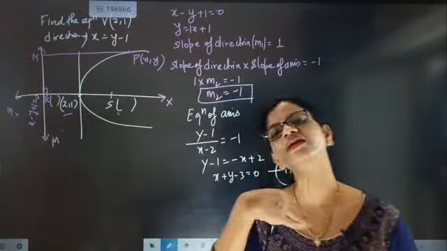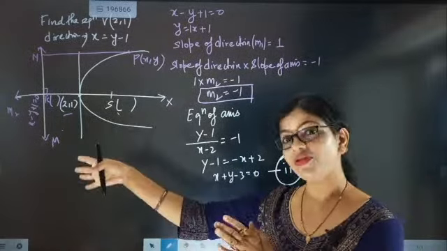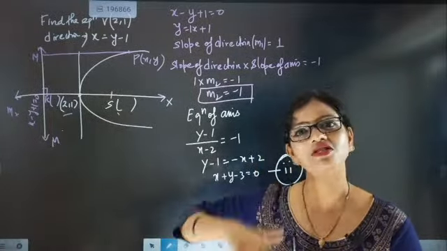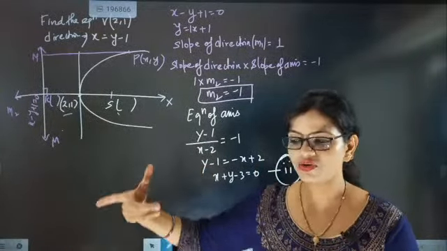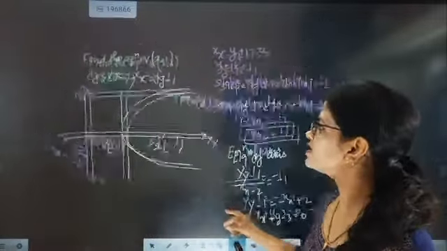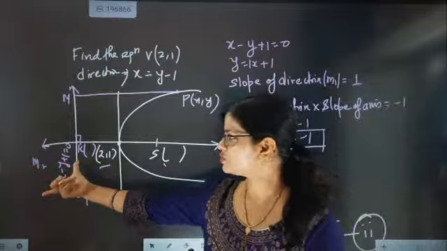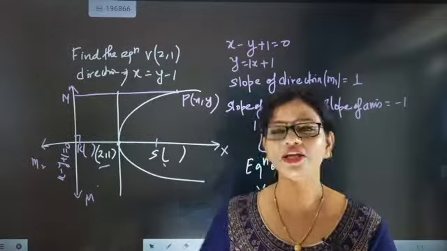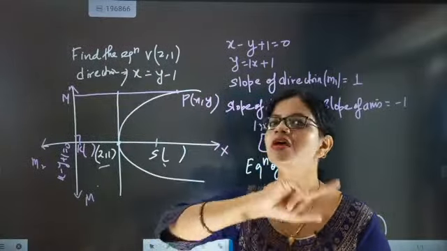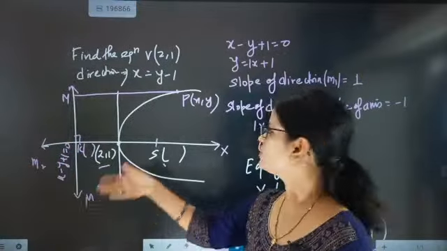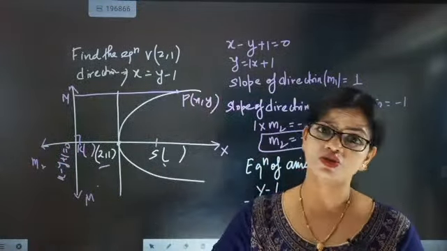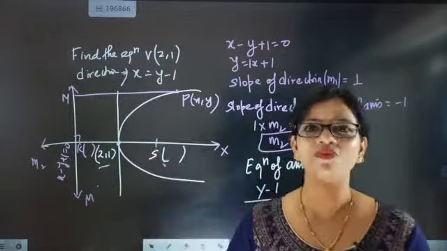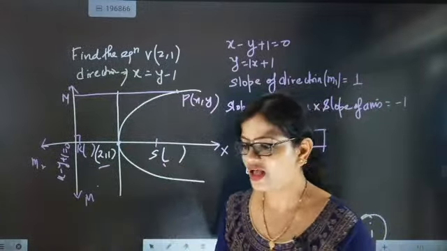So now we are very near to our proof. If you see from that side, you will think we are very far from the answer, but we have exactly crossed a milestone. Small things create a big change. I took the directrix and got its slope. I said directrix and axis are perpendicular to each other, so m1 into m2 equals -1. I got the slope of axis, and with a point on the axis, one point and one slope are enough to give me the equation of the axis. Now what am I going to do?